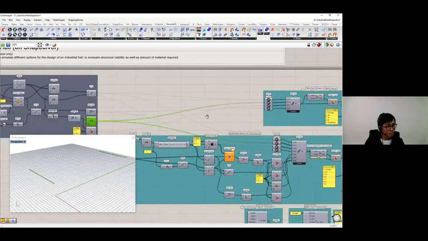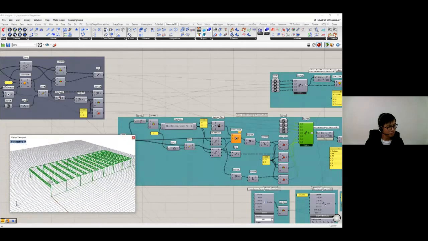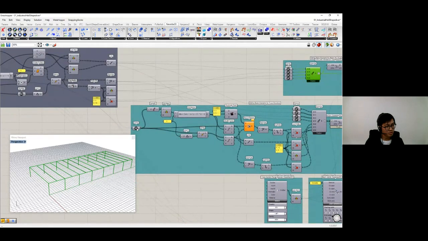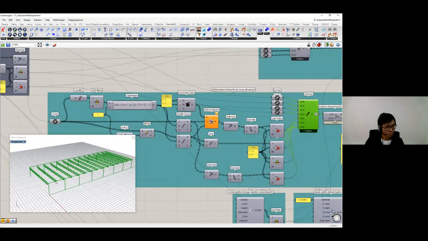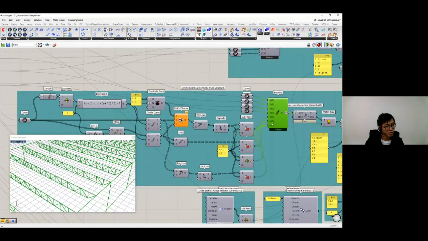Within our definition, I've set up a method where we can toggle between the standard beam grid or a truss sort of roof structure. This first one is basically the setup for the beam grid. And the second setup is basically taking these beams that we generated before and creating a truss from this. If you zoom in, these are now split into different layers or different branches